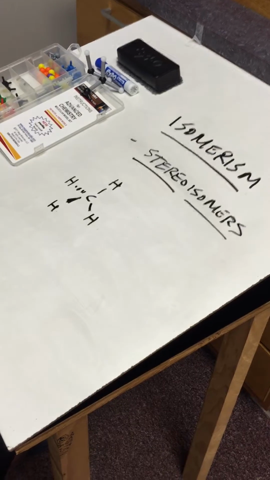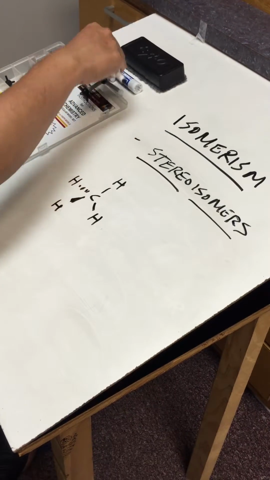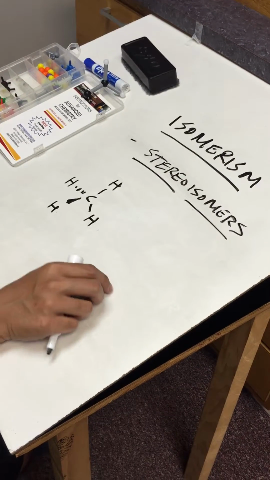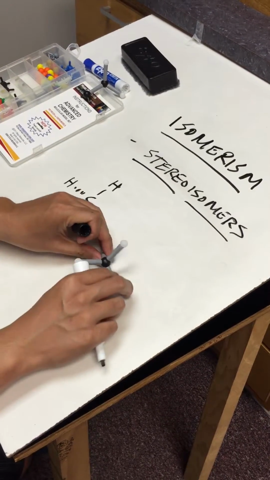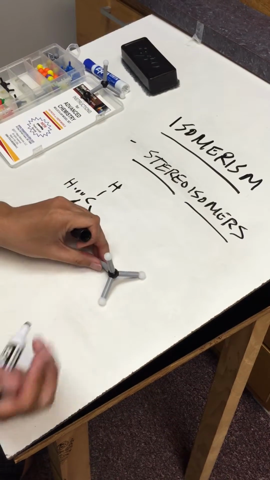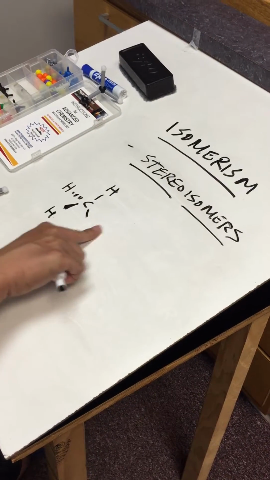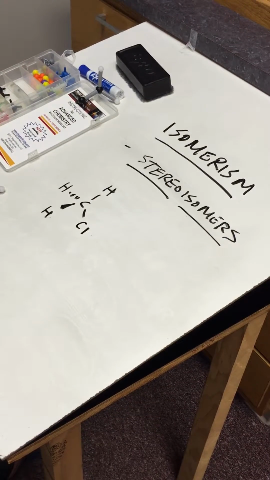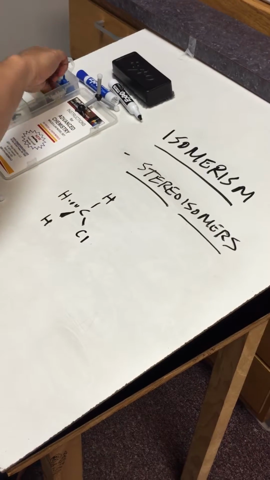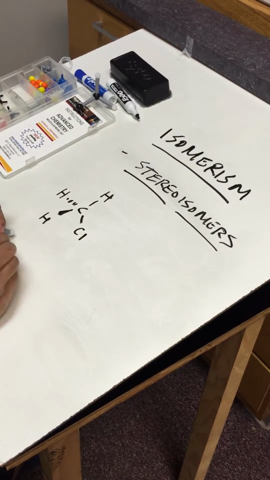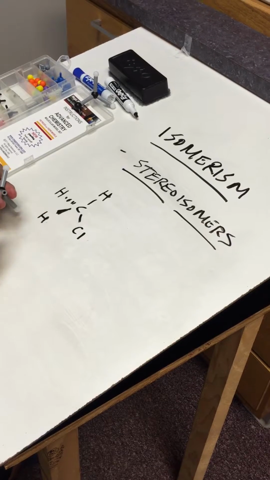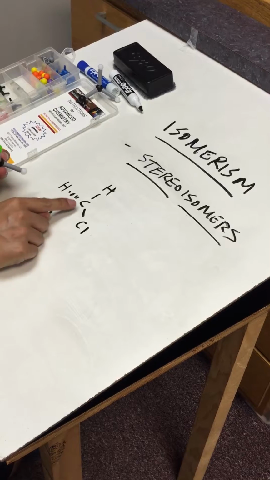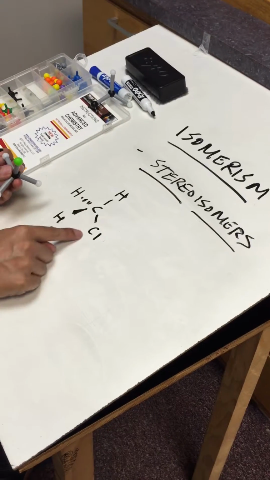So I'm going to start with CH4. CH4 like this, actually like this. It doesn't matter how you look at it, it's just the CH4 molecule. Well, what if I replace one of the hydrogen, let's say, with a chlorine atom? So I'm going to take off the hydrogen. So this single bond right here